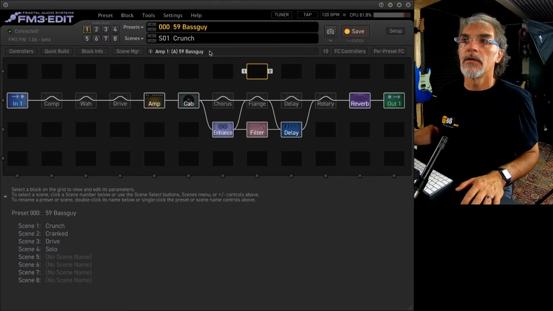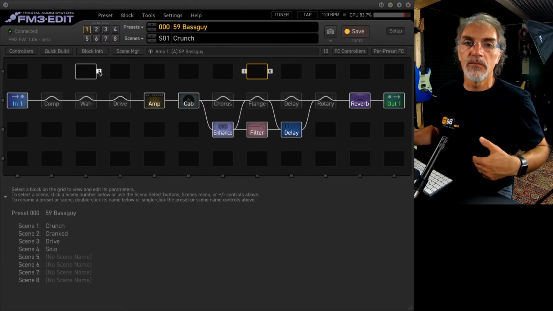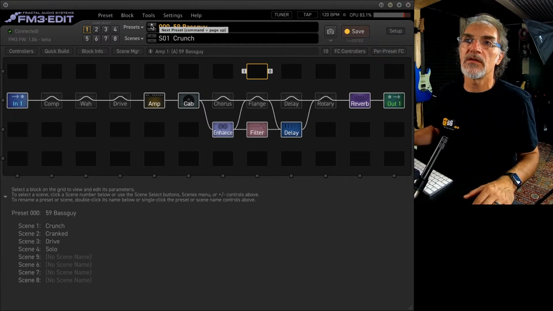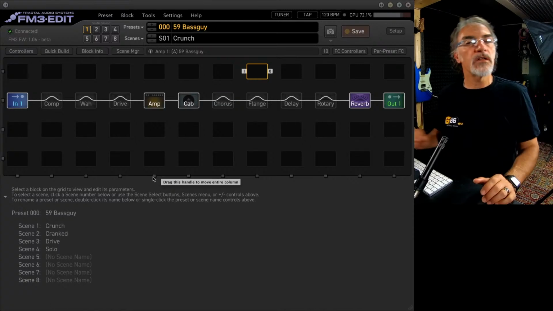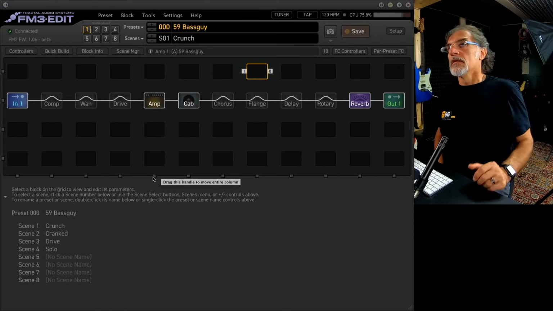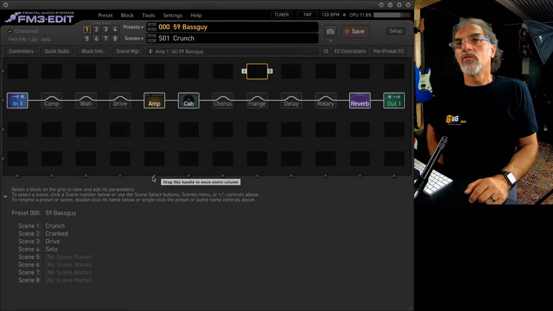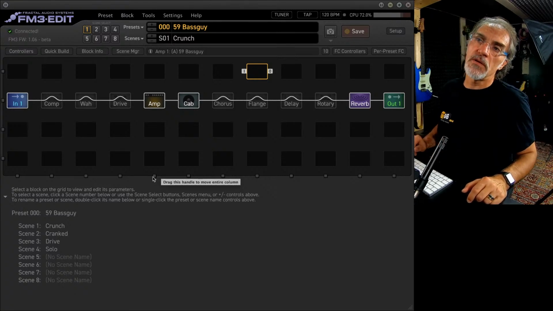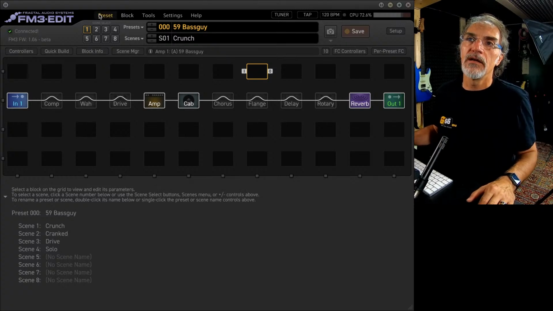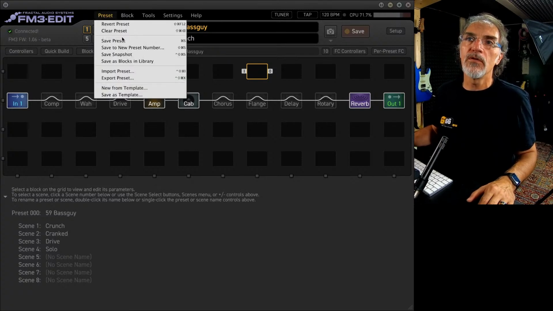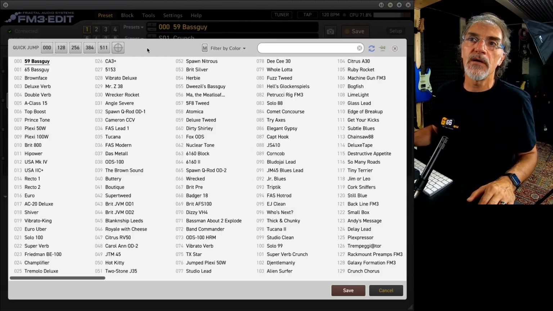Well, if you want to save this connection, you press save. If you want to discard this preset, you can change and come back again, and you can find the preset. Typically, I suggest you let the factory presets stay as they are, and if you want to modify, go to the preset menu and save to a new preset number.